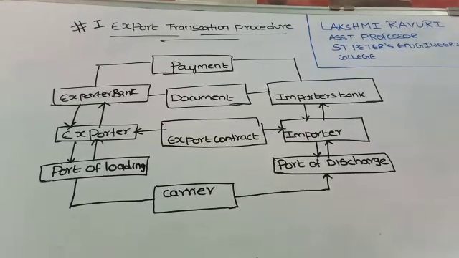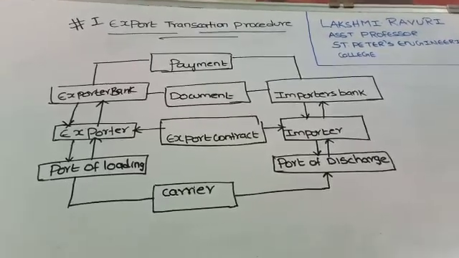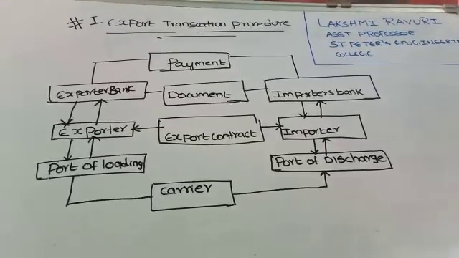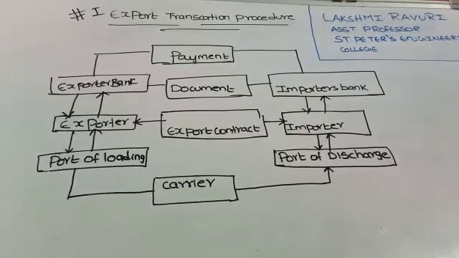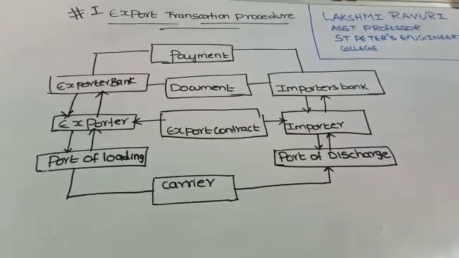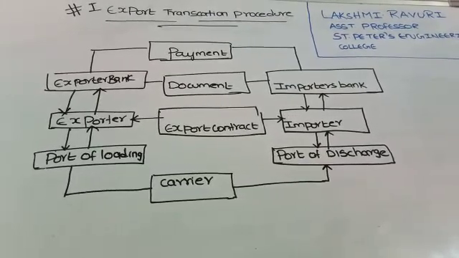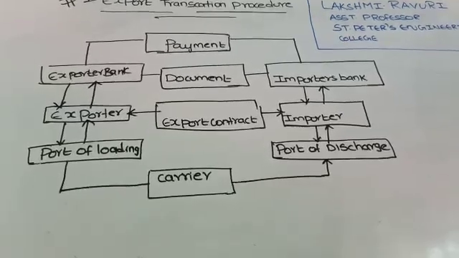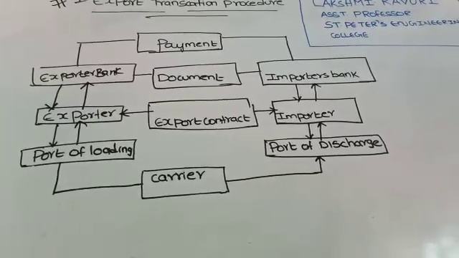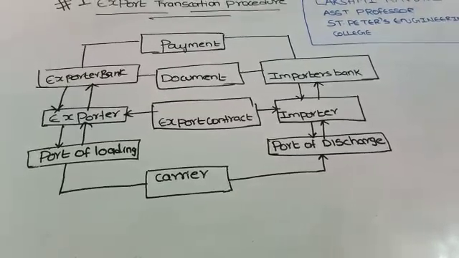You may be asking me what the terms are. The terms are like export orders, which go with the documents, examination and confirmation of that particular order, manufacturing or procuring goods, clearance from the central government, and pre-shipment inspection. Before shipment we need to inspect the goods, that is a must.